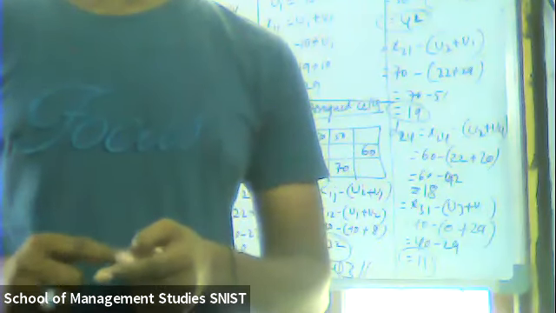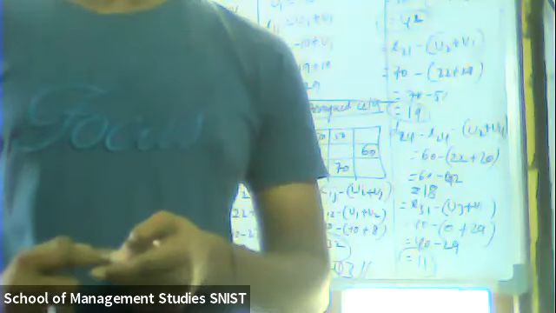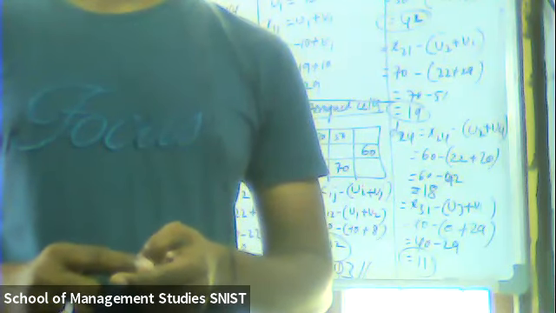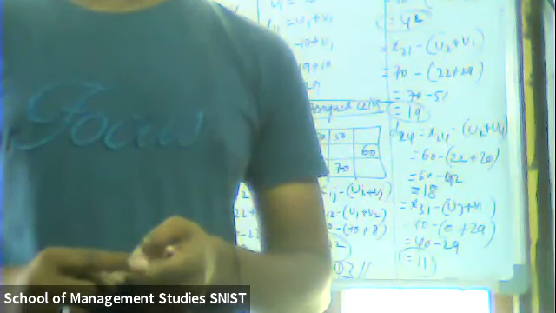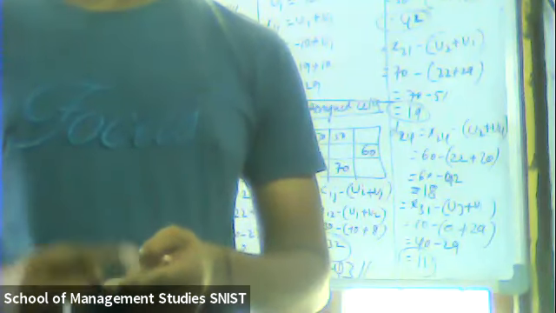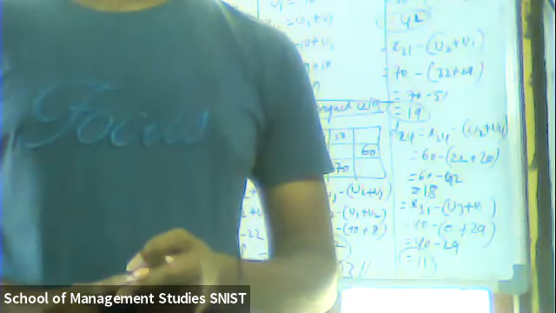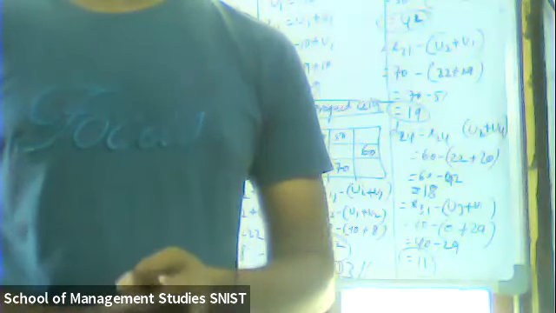Once you get the allocations, start with the assigned cells. Using the assigned cells, the formula to identify the U1, U2, U3, V1, V2, V3, V4 values is Cij equals Ui plus Vj. Then after that, for unassigned cells, Dij equals Cij minus (Ui plus Vj). Now, after doing that, if you get Dij values all positive, then you will stop and write the total transportation cost and close the problem.